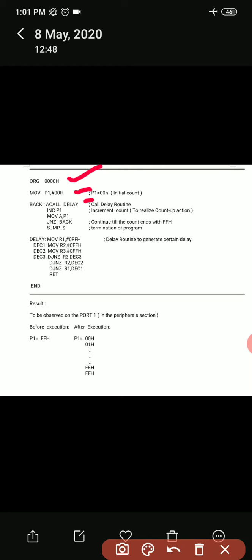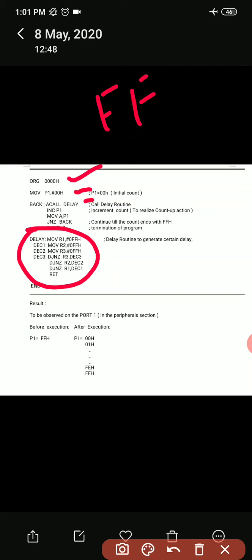In the delay program you can see there are 3 registers taken, and each register is initialized with FFH. Then we go on decrementing each register until it reaches 0. Once the third register reaches 0, then we decrement the second register, and so on. When both R3 and R2 reach 0, then we decrement R1.